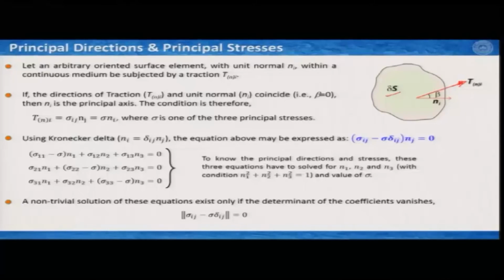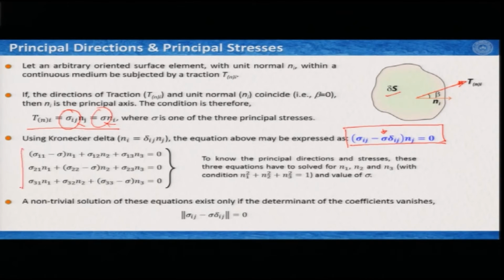But if that does not happen, then you have to figure out the orientations where your shear stresses are 0. That means, where sigma is one of the principal stresses, and it must follow this convention that sigma ij must be replaced by sigma, and these 2 vectors would switch their positions, that means n j to n i. Now, to do that you can actually figure out an equation. I am not going into the details of how to get to this equation, where you get this particular term sigma involved here, and if you expand this equation in 3 directions, you would get things like this, and based on this you actually have to calculate the 3